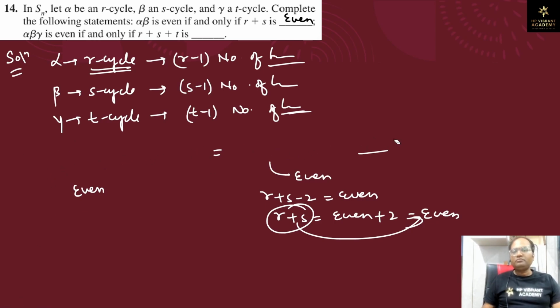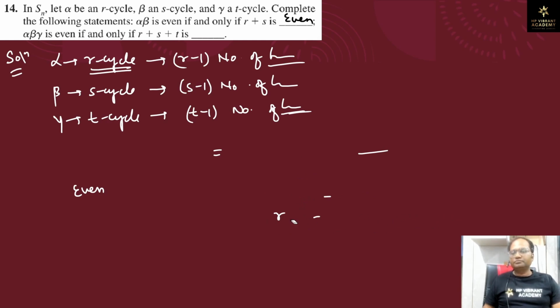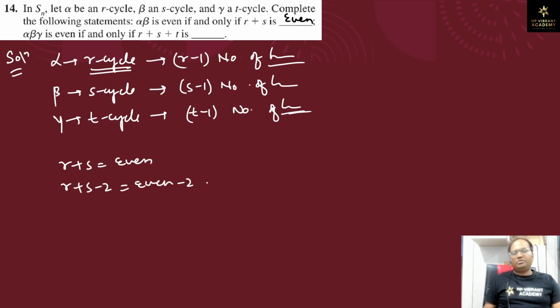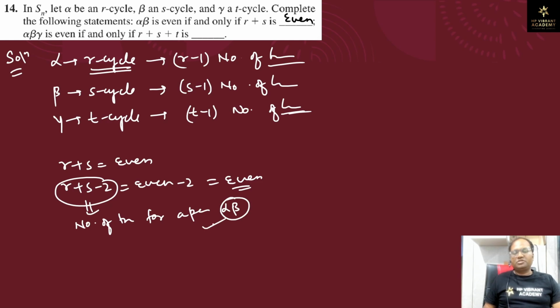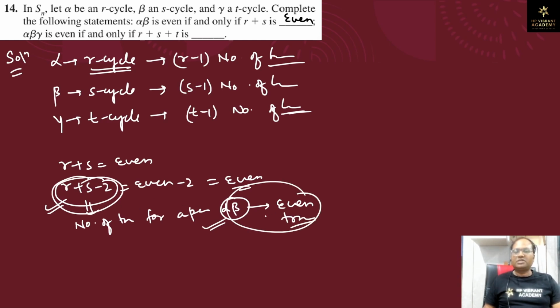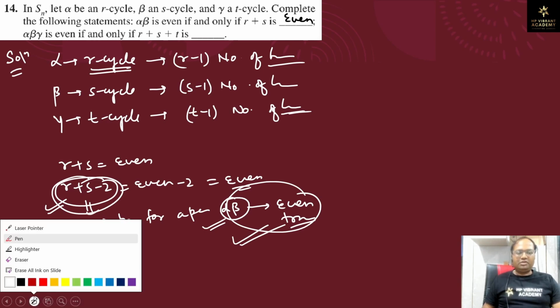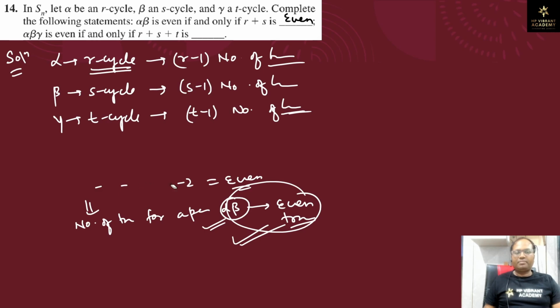इफ है ना, देखो तो r प्लस s क्या दिया हुआ है, इवन, अदर वे राउंड कर रहे हैं। ठीक है, तो r प्लस s माइनस टू क्या होगा, इवन माइनस टू इज इक्वल टू इवन, और r प्लस s माइनस टू क्या है, नंबर ऑफ ट्रांसपोजिशन फॉर ए परमुटेशन अल्फा बीटा। ठीक है, तो किसी परमुटेशन का नंबर ऑफ ट्रांसपोजिशन इवन है, इसका मतलब क्या हो गया, अल्फा बीटा इवन ट्रांसपोजिशन है। अगर नंबर ऑफ ट्रांसपोजिशन इवन आ गया, इसका मतलब वो परमुटेशन कैसा है, इवन है।